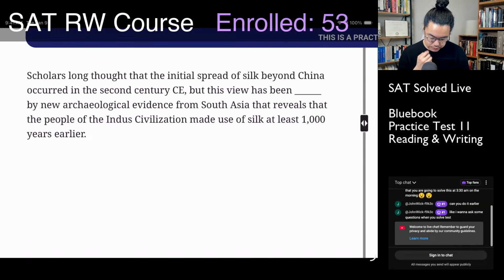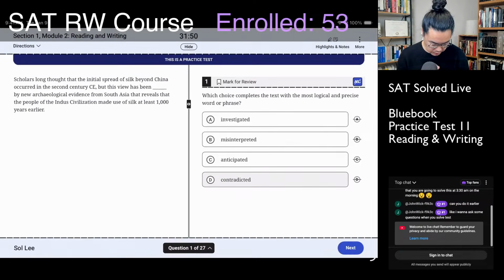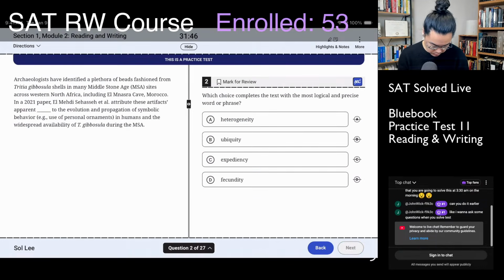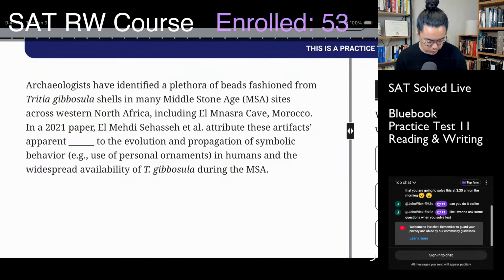The initial spread of silk, 2nd century, has been refuted, undermined by evidence 1,000 years earlier, contradicted. There we go. That was a relatively easy Module 2 question 1. Plethora of beads fashioned from TG in many MSA sites across North Africa. Okay, that's a lot. Attributed these apparent